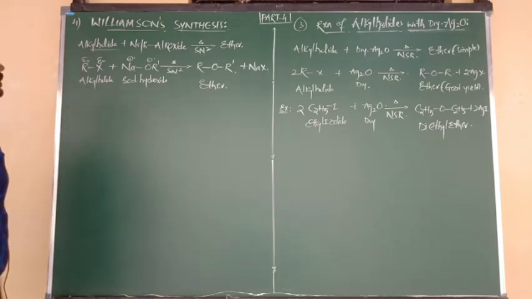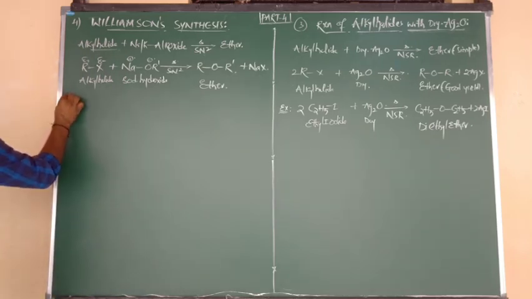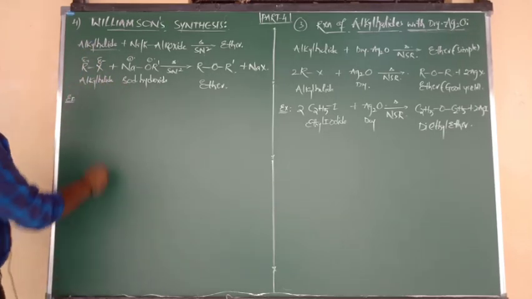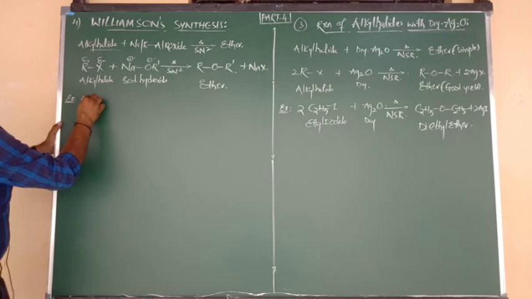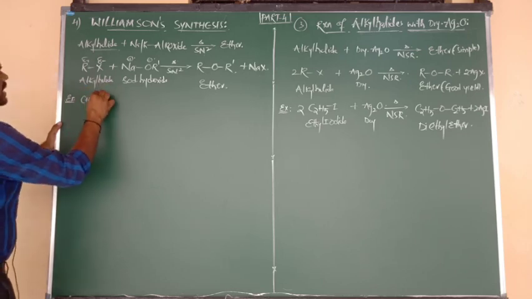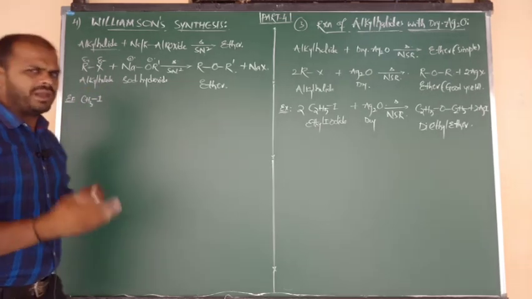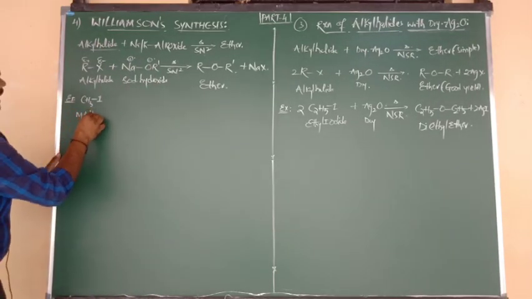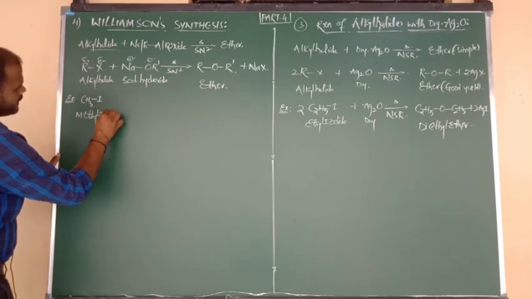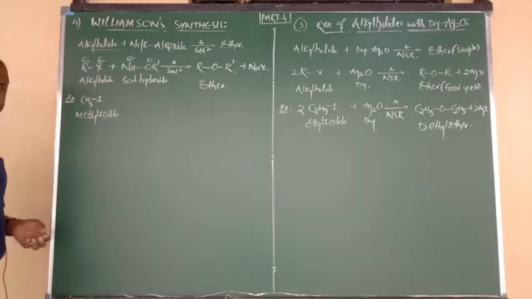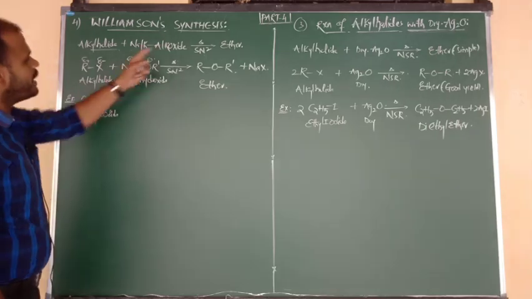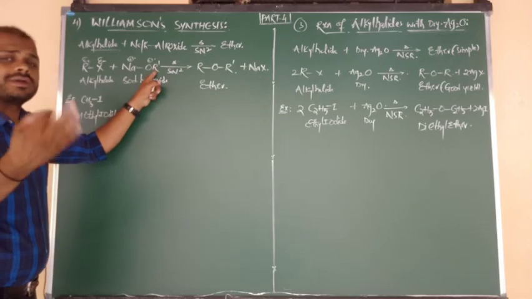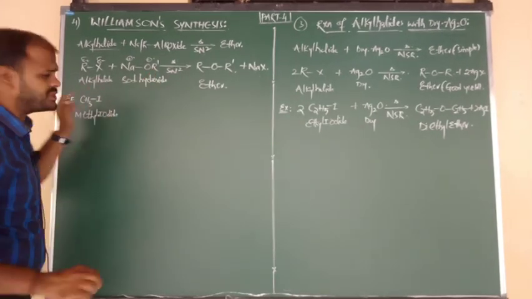Clear? Yeah, beta. Now I am going to give you one example on the basis of the above reaction and statement. In place of R I am going to write CH3. In place of X I am going to write I. Any chlorine or bromine, if you want, you can consider, beta. Simply we can say what, beta? Methyl iodide. Okay, I have written here methyl iodide. Methyl iodide is the reactant, upon heating with sodium alkoxide. In place of R, here you can write any group, either methyl or ethyl as you wish.